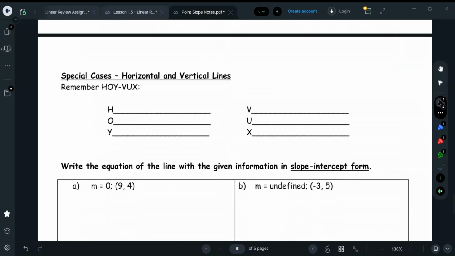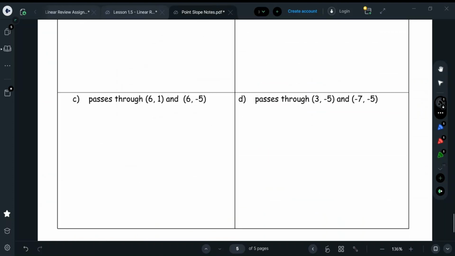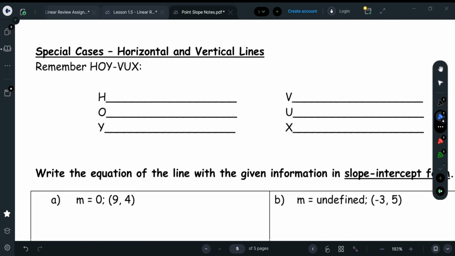All right, now this last page here, we already talked about HOY-VOX. I just put this on here to give you guys a little bit of extra practice. So let's fill this in. As a reminder, HOY-VOX is our special case lines. It's our horizontal line and our vertical line. So H is